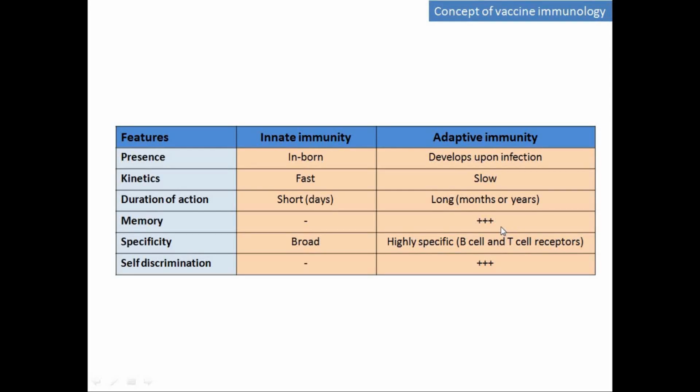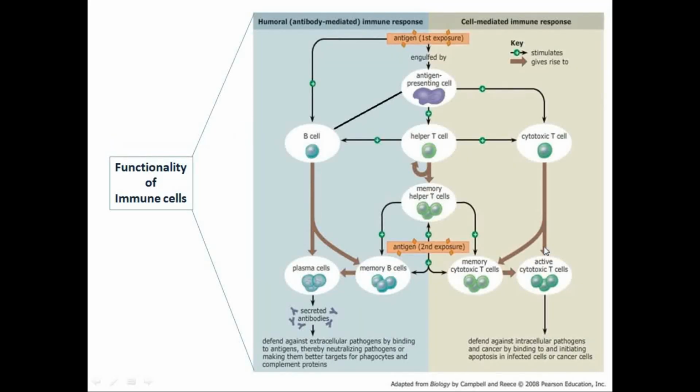So this memory feature of your adaptive immunity can be utilized for the development of vaccines, where we can specifically activate your B cells as well as your T cells with respect to the receptors present there. These B cells and T cells have specific functionalities. Your B cells lead to the differentiation of plasma cells, whereas your cytotoxic T cells act upon your intracellular